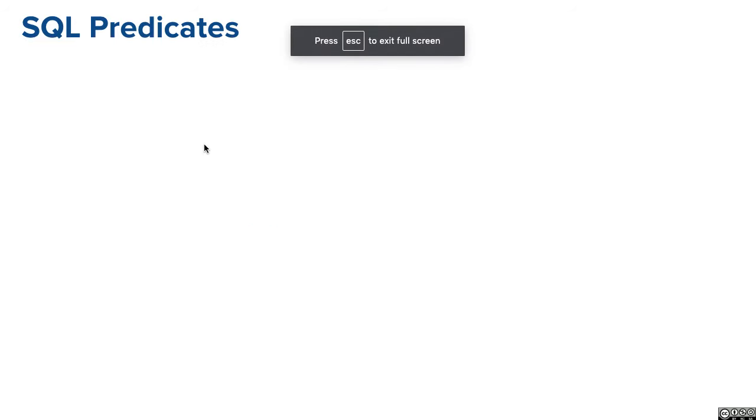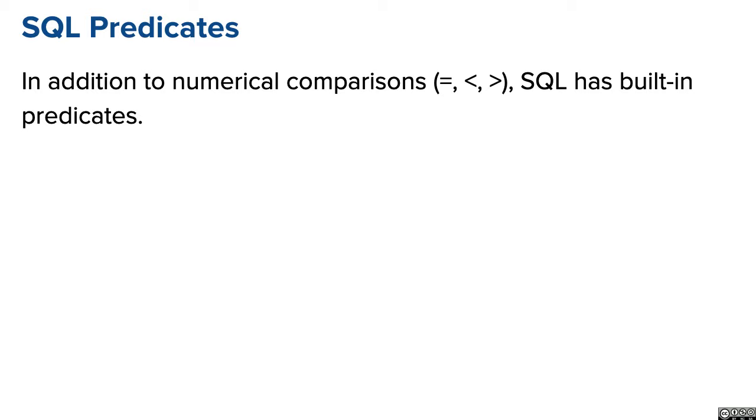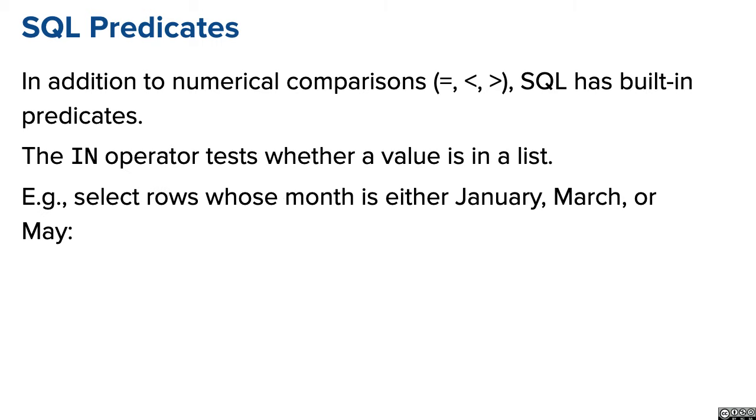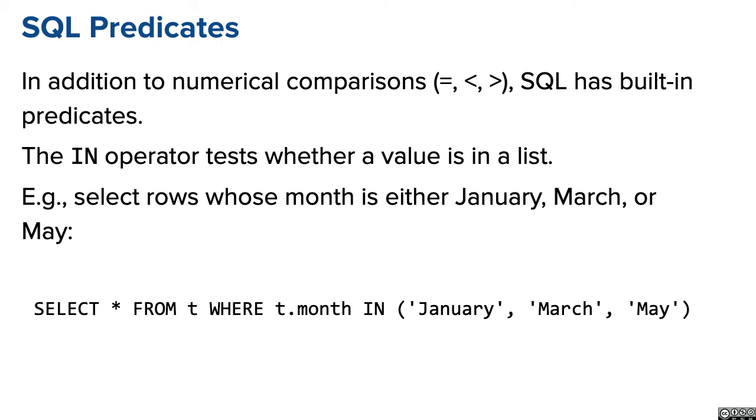All right. I want to talk to you about a little extra SQL syntax that comes in handy when it comes to practical data manipulation. One of them is the IN operator. So in Pandas, we have .isin, and in SQL, we have the IN keyword, which essentially does the same thing. So in this SQL query, I'm checking to see whether the month is any one of those three values,